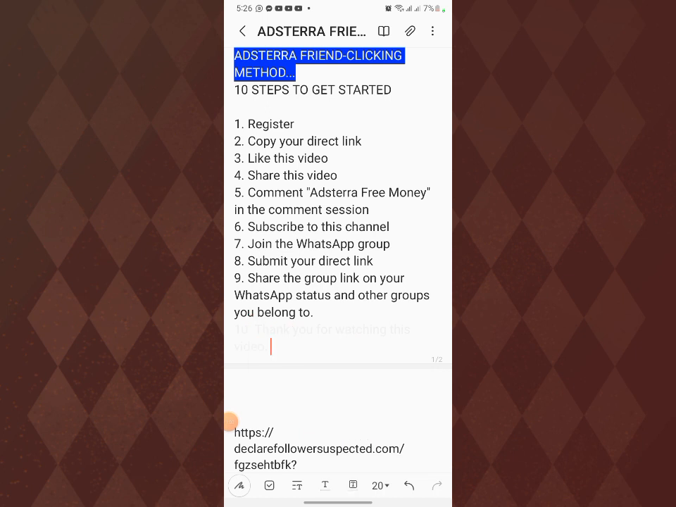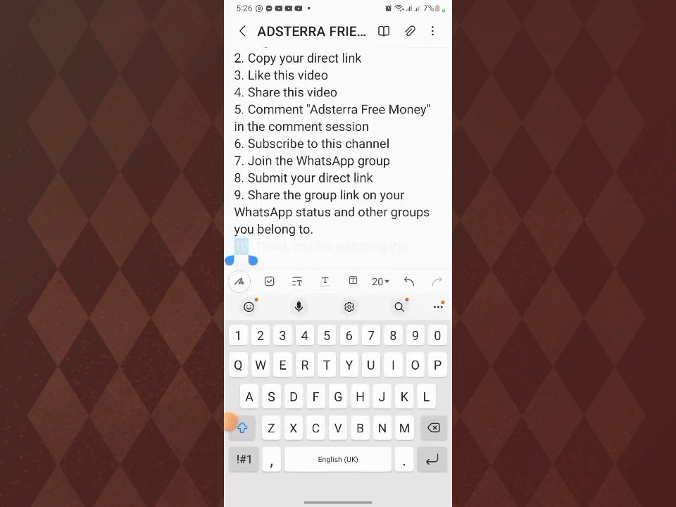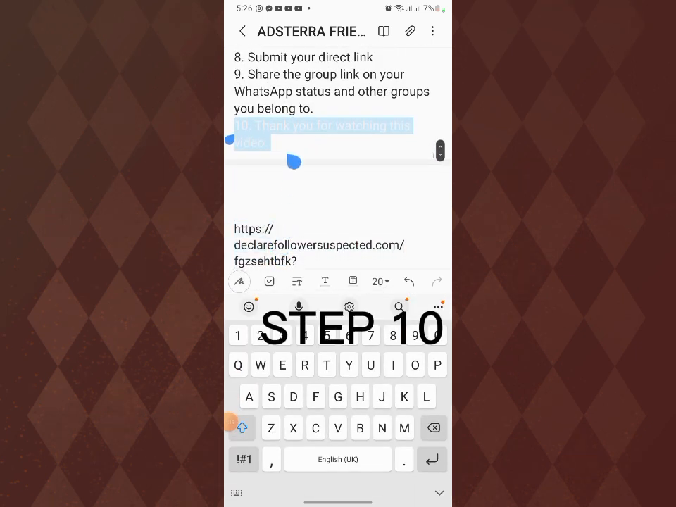So make sure you go ahead and share the group link in your other groups that you belong to and on your status. Then the next thing you want to do, which is the last step,